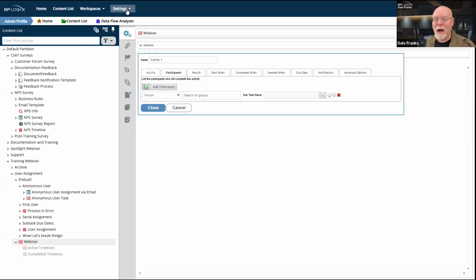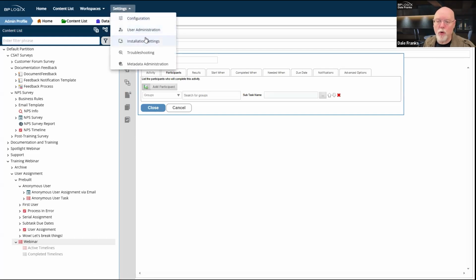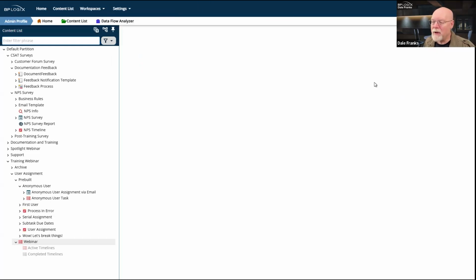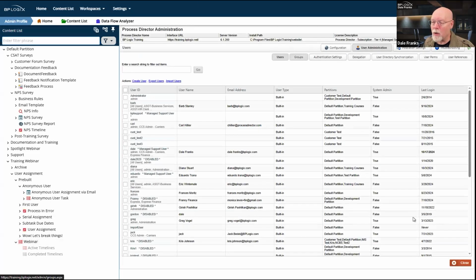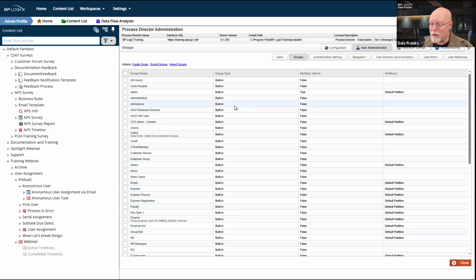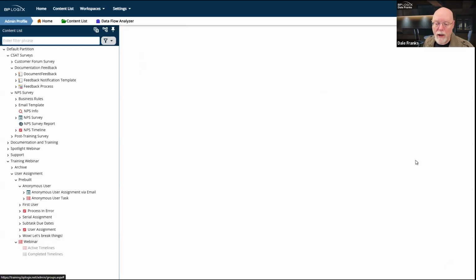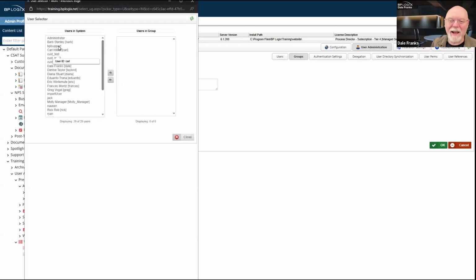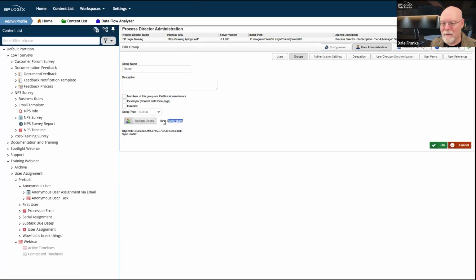So if I assign a task to a group, then all I have to do if I need to make a change to that group as a system administrator is just go into that group and open it up. I have no idea who's in this group. Obviously, nobody is in this group, so I just picked a group at random. Okay, so fine. Let's say that Barb was in this group. Technically it's a group, but it's only assigned to one person.